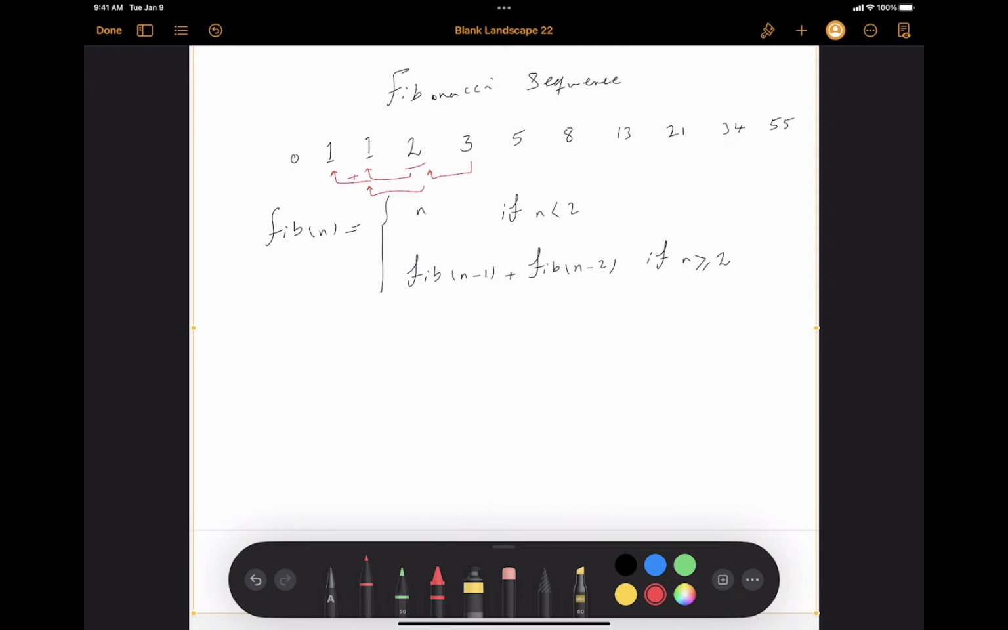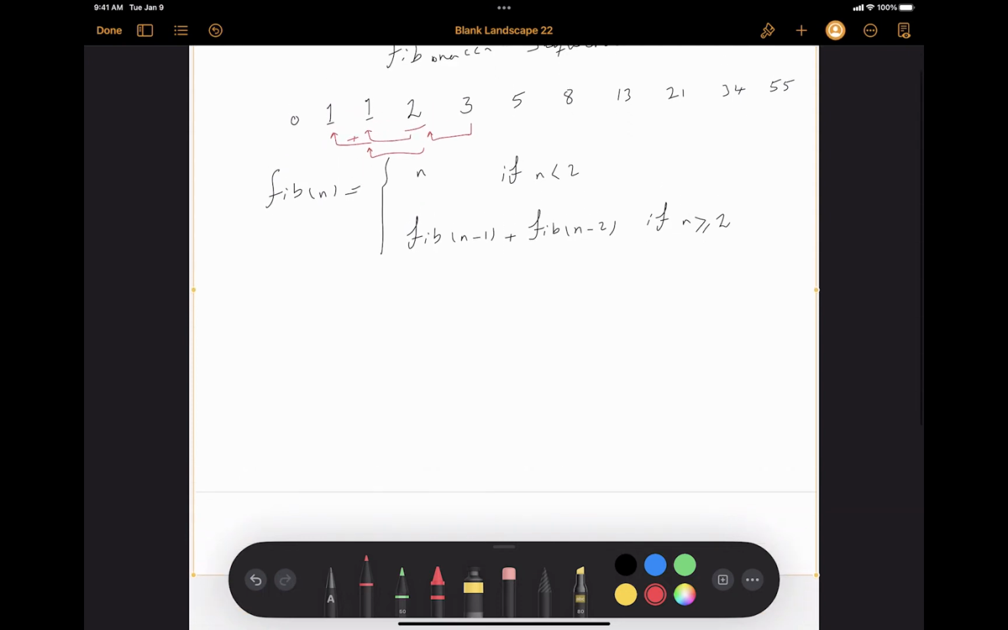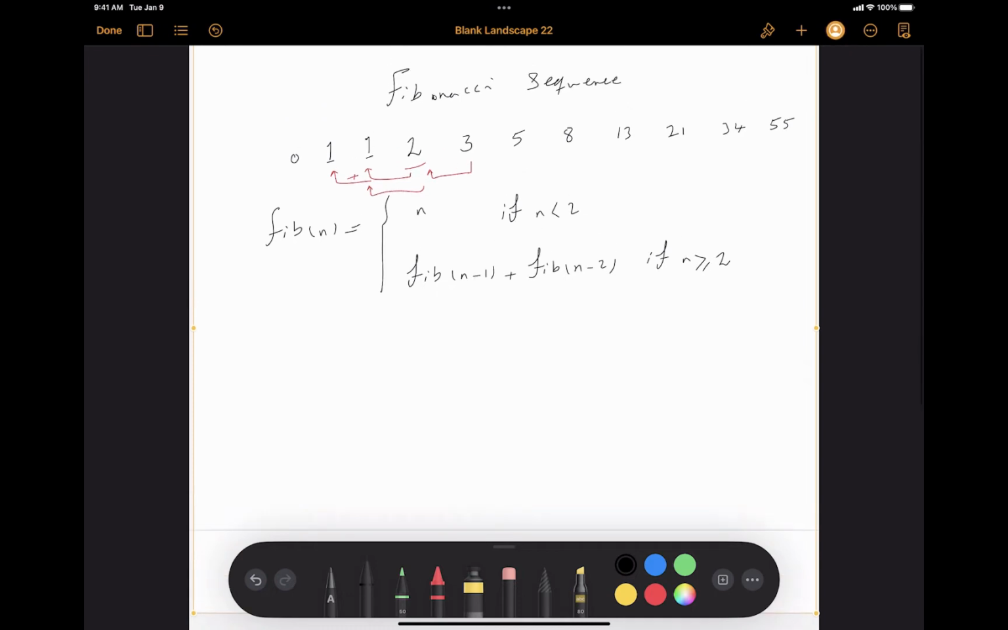So it's a very famous sequence. It has been used in many fields, especially finance. It has been found in nature, but we're not going into that. We're just going to see how we can actually implement the Fibonacci sequence in programming languages. So one way that is going to be very obvious is a recursive approach,